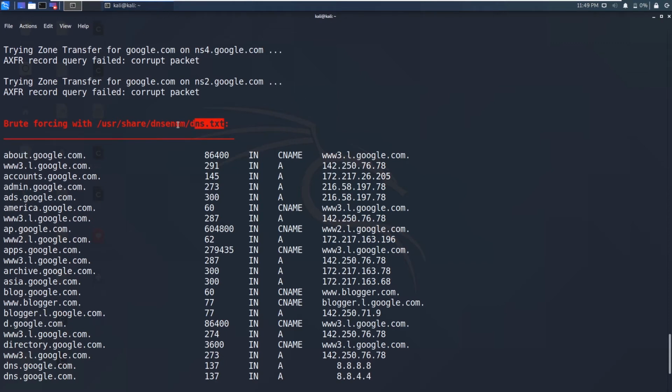As you can see, the dns.txt contains words like www3, accounts, etc. So these words are appended before google.com and then checked for whether there is a subdomain for that name or not. If there is a subdomain, then it will go and check some DNS enumeration, and we got the canonical name for this